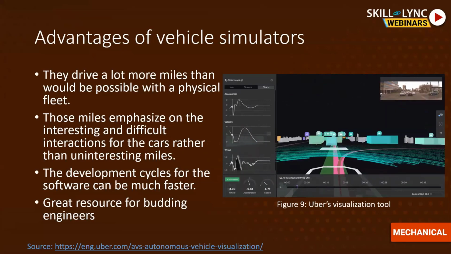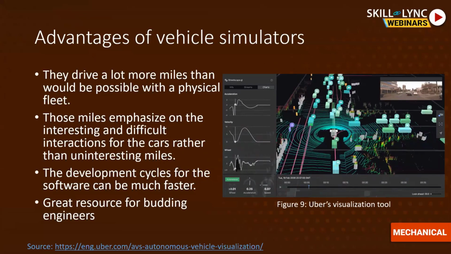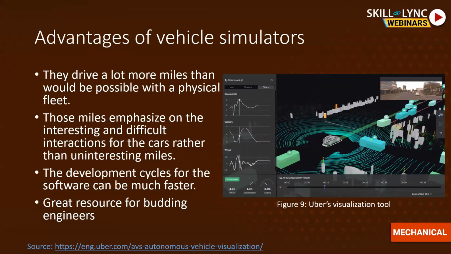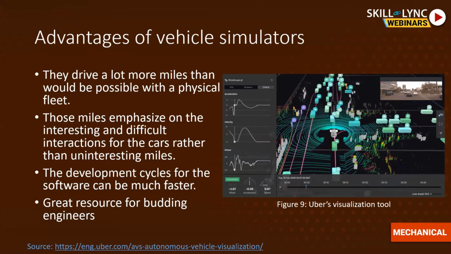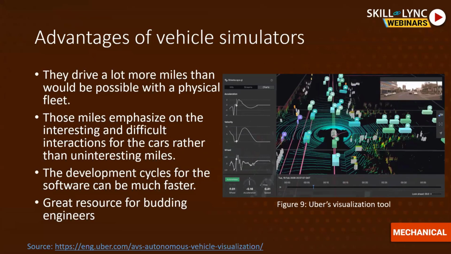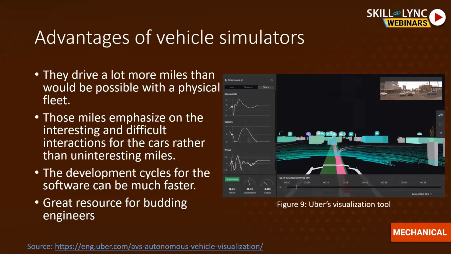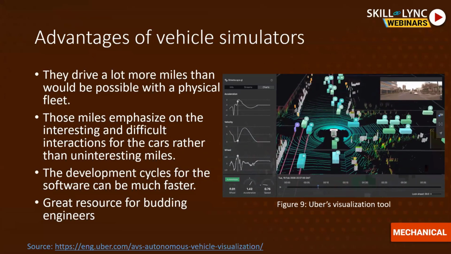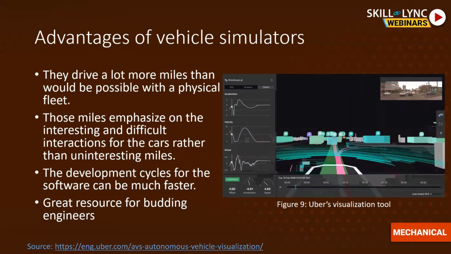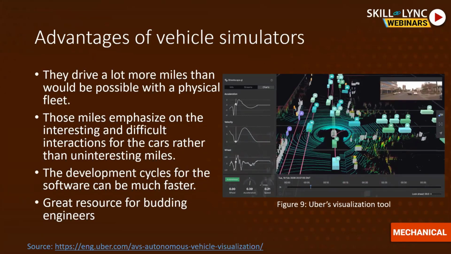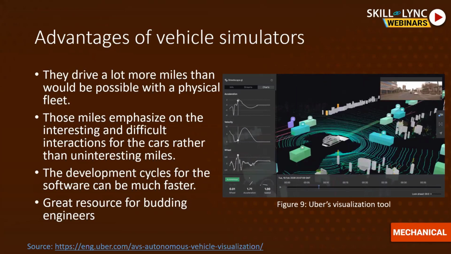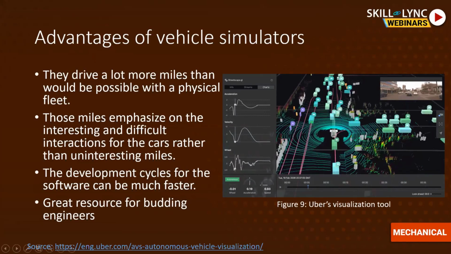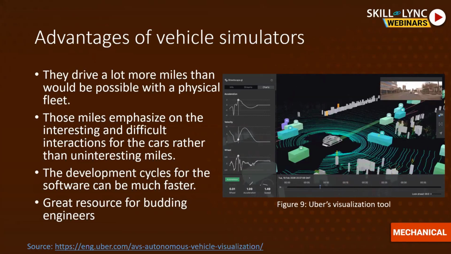So currently in Tempe, Arizona, we can see that there is a lot of testing of the Waymo vehicles, but it has been drastically reduced after some fatal incidents which had happened. But even then, Waymo boasts that it has got the most robust software because they have multiple GPUs and computers running all the simulations every day, and that has actually helped them in testing more scenarios than they could actually test in real hardware. So while designing the scenarios, like with the way we did using the scenario designer app, we can also build very interesting and difficult interactions which would not be possible using physical hardware.